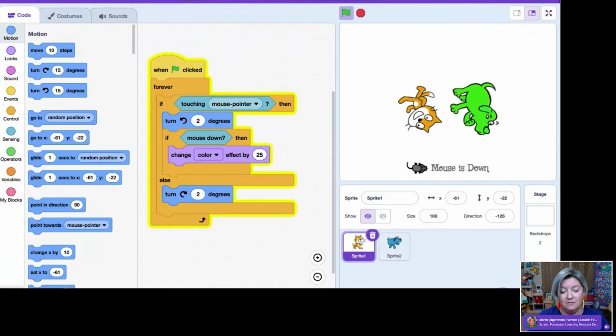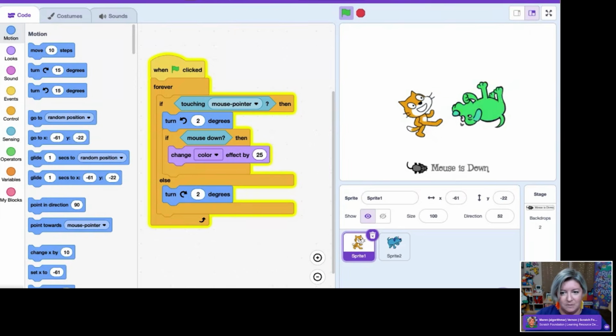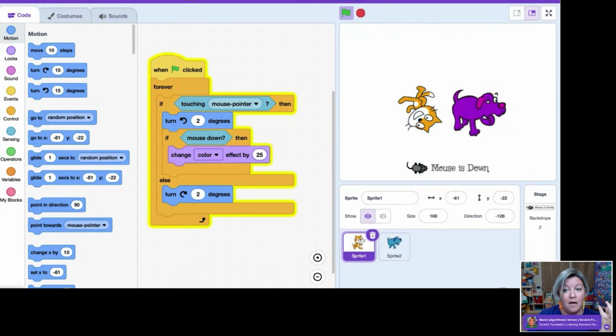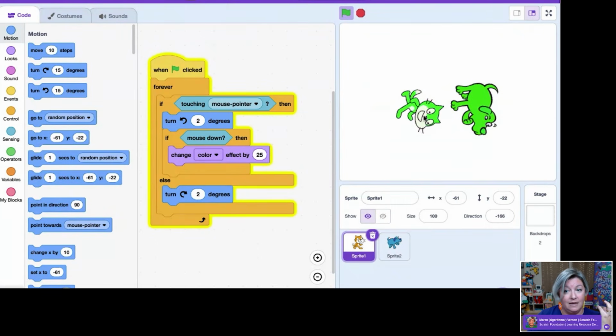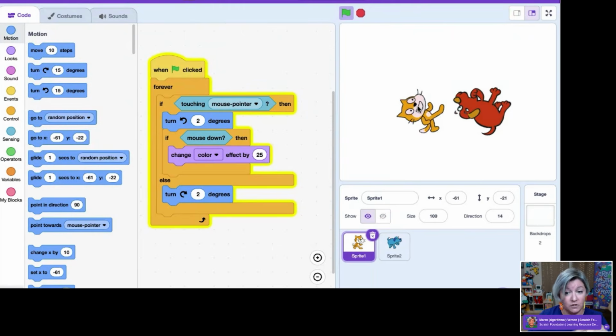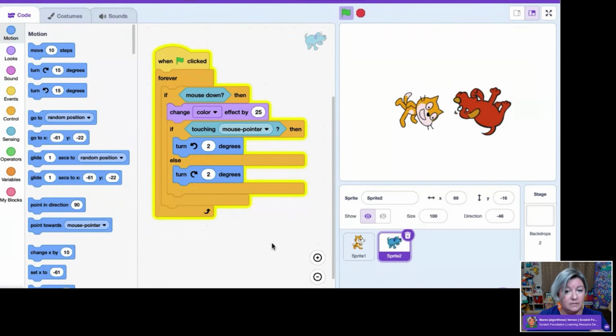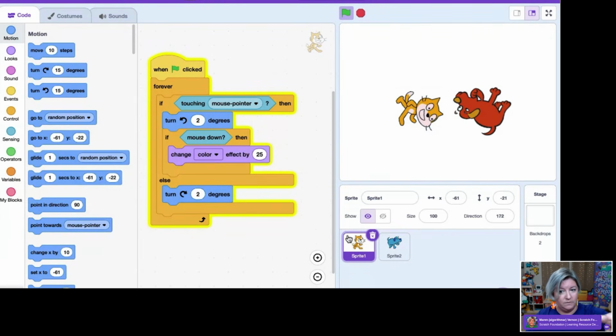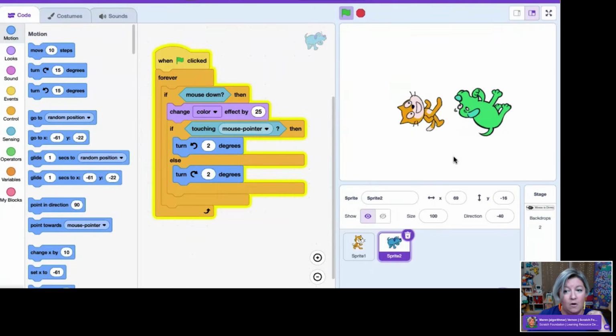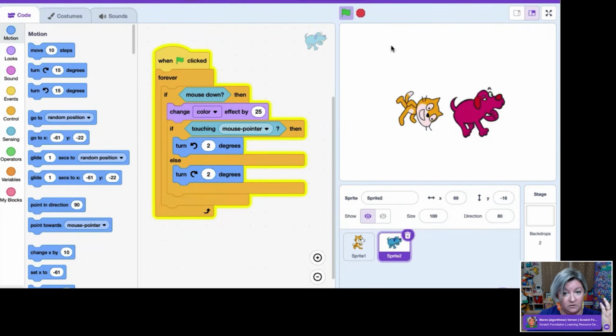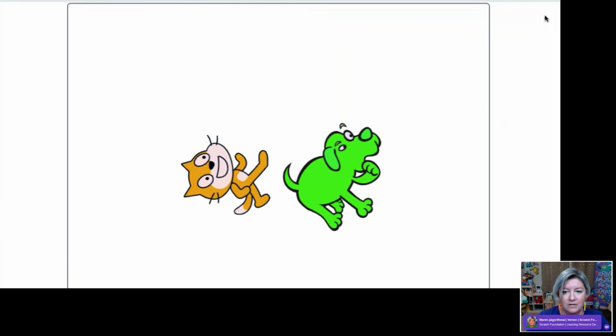Here, when my mouse is down, and you can see it's down because I have my little note that comes up on the stage, nothing's happening. But if I touch the cat and have my mouse down, now something's happening, versus the dog. This one, you'll notice the nesting is different. Here we have mouse down as the initial statement, and then this touching the mouse pointer is nested inside. This one is reversed, right, from the cat. So in this one, I can put the mouse anywhere and it's going to change the color of that dog. And then really it's about, am I touching the dog? And it gets a little glitchy when I do it on this screen.